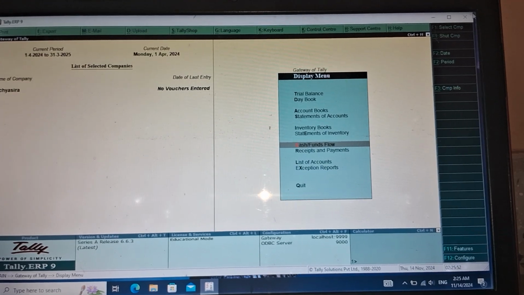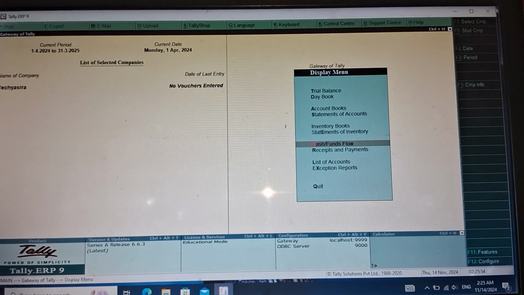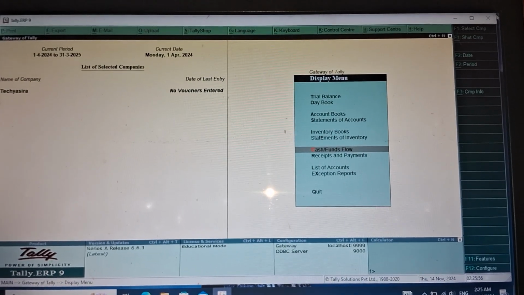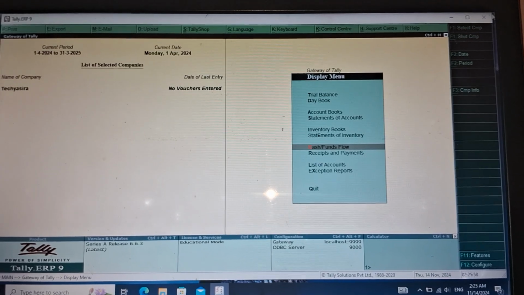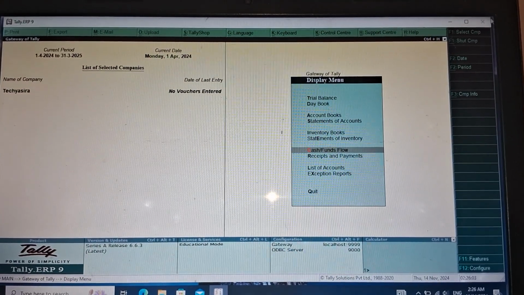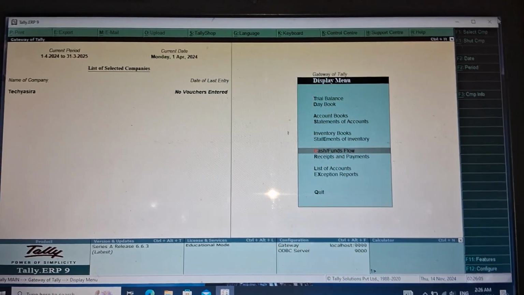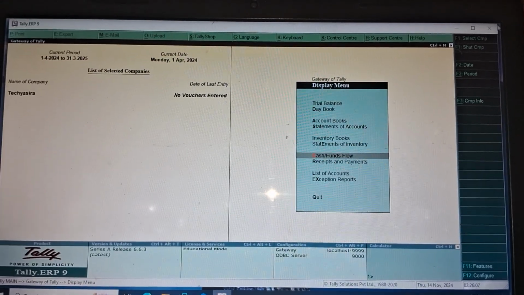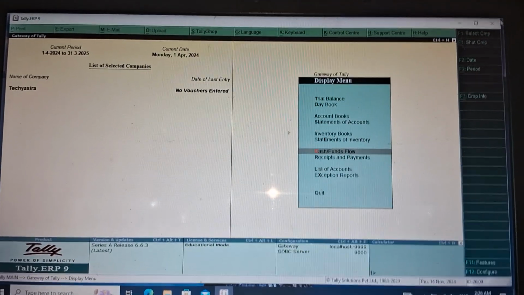What do you understand by this? Have a look again. Companies with a positive cash flow have more money coming in than they are spending. However, cash flow alone can sometimes provide a deceptive picture of a company's financial health, so it's often used in conjunction with other data as well.